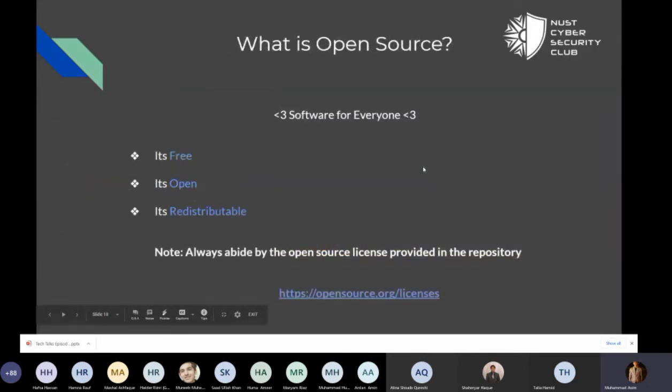Okay, so coming to the next point, what is open source? We have read that there is Git and there is GitHub, but what is the benefit of all this, why should we keep our code there? The benefit is open source. So what is open source? It is software for everyone. Everybody can use it. It's free, it's open, and it's redistributable. Okay, so everyone can use it,